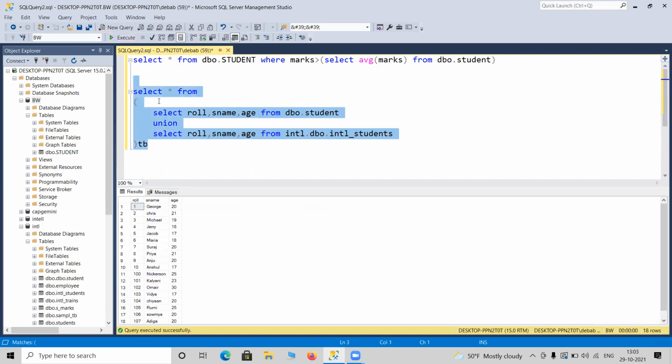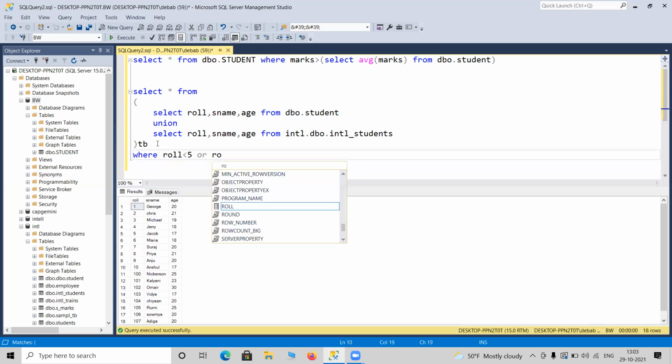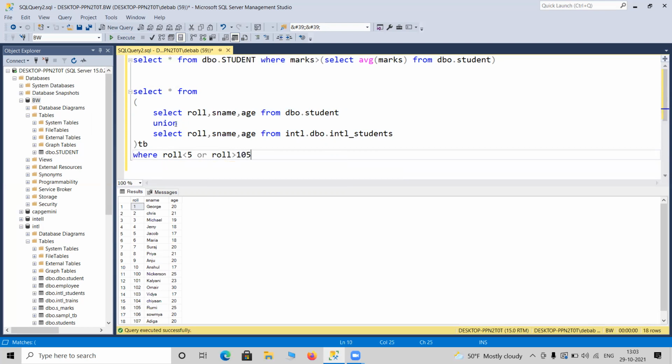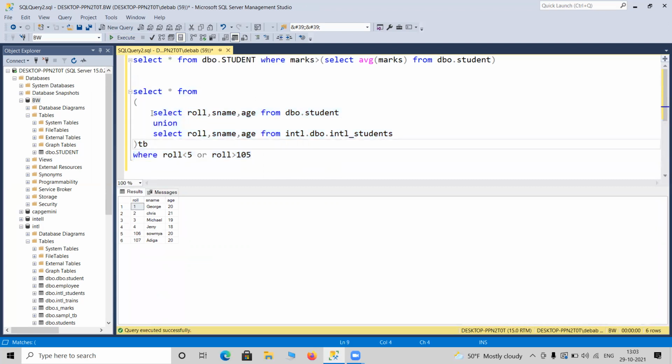Look, you can do anything in this table, like select star from the table TB. Now you can use where, any query like where roll less than 5 or roll greater than 105, something like that.